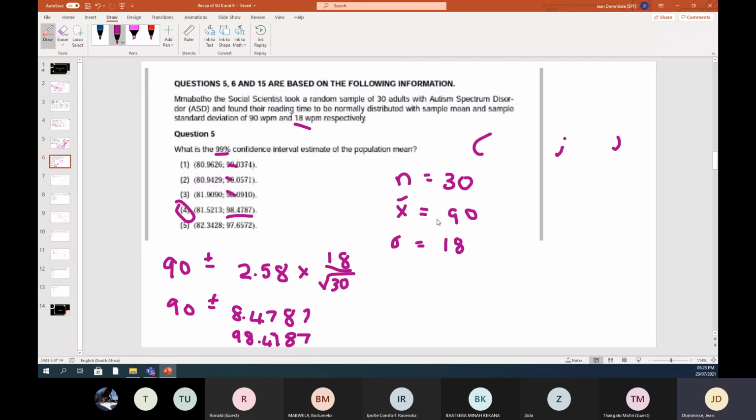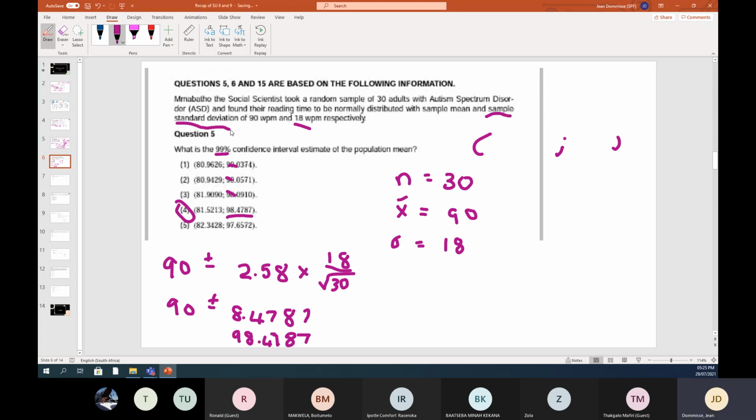What do you guys think? So it's not correct. And there's the answer, but it's not right because